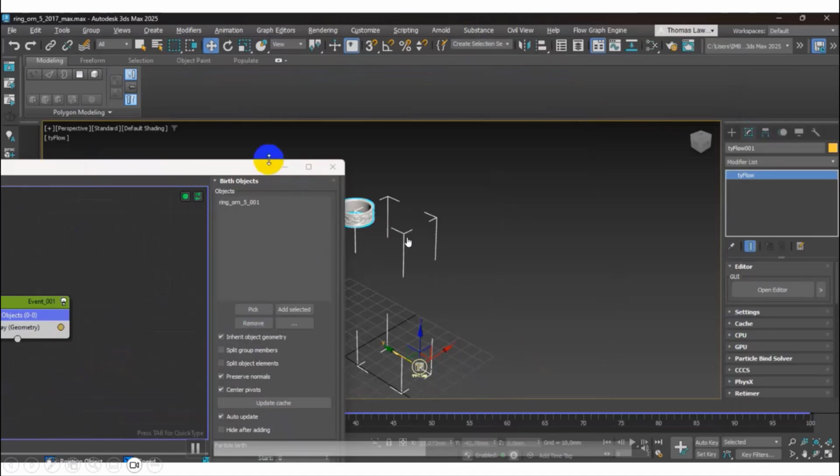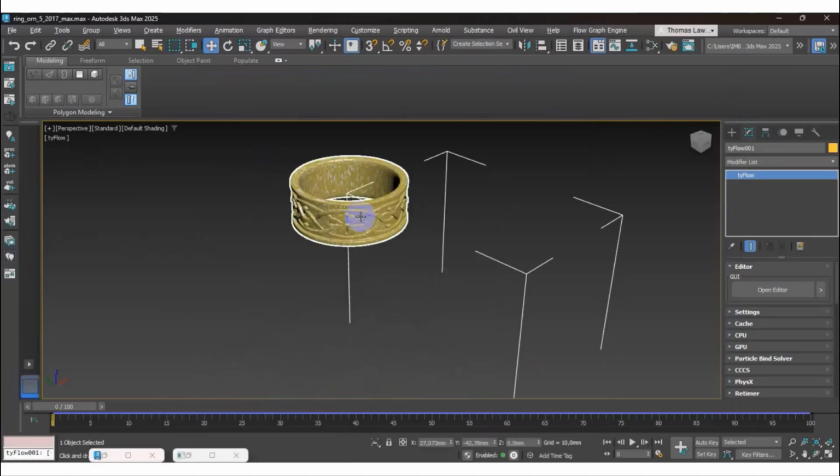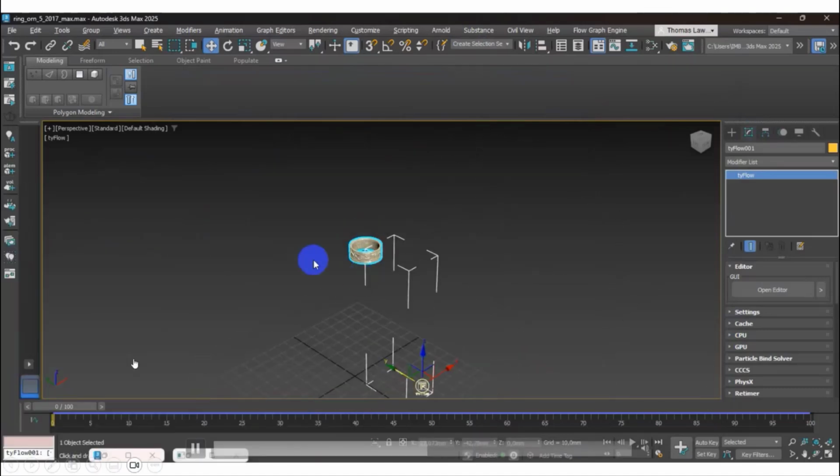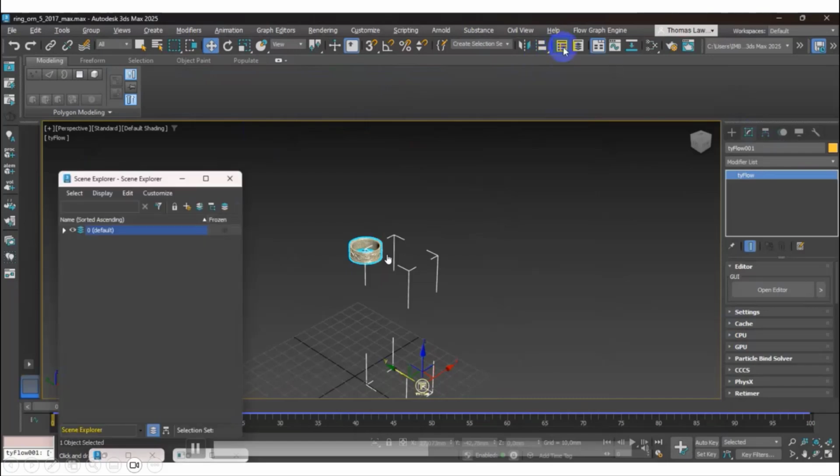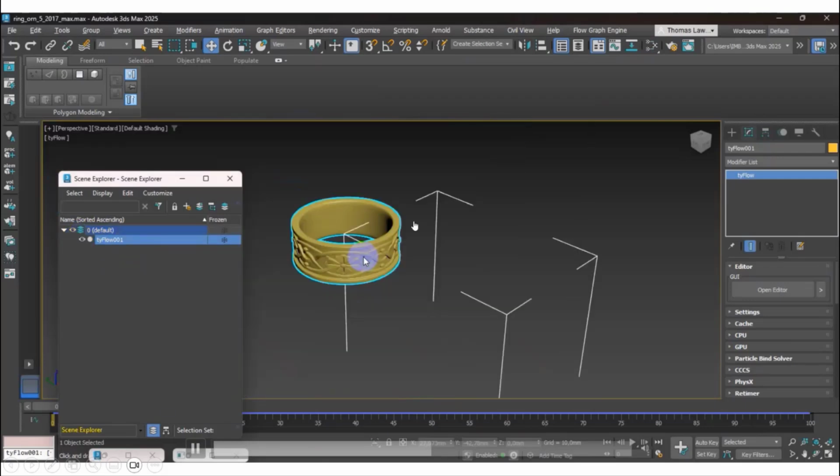So I pick the object, and once you get the object, you realize you can check the scene explorer. There are two objects shown. The first is the ring object, and the second is TyFlow. So you need to hide the first, because when you add this object, it indicates the physical object.